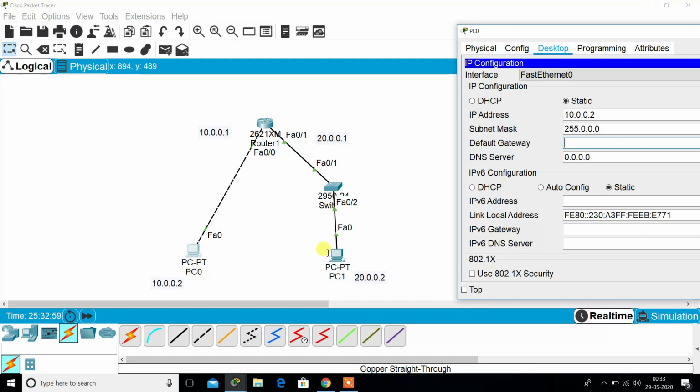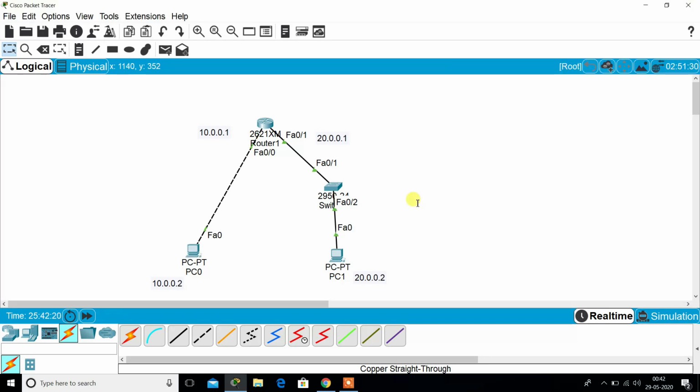So here the default gateway is 10.0.0.1, because the packet will reach first at this port, and with the help of this port it will go to FastEthernet 0/1. So we will write here 10.0.0.1.